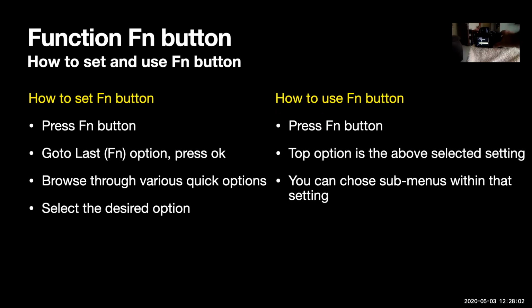One point, everybody, on this ISO: what I would suggest is you should know what ISO is as a basic understanding. You should know up to what ISO your camera gives best results which are acceptable to you, because a few cameras are good at giving results at higher ISO values, but a few other cameras are not that great, and it starts graining. So you should know what is the best you can go in your own camera and keep that in mind, because sometimes we increase the camera ISO and we end up spoiling the photos, and we don't like those photos. So just one point which you need to keep in mind.